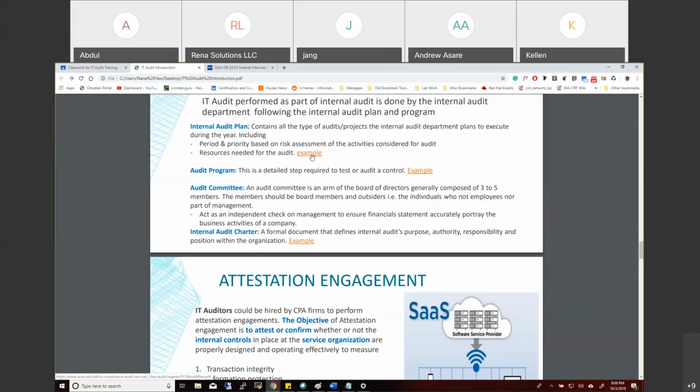So let's say right now we're in Q4, right? And normally you have a list of all the processes that the company has. So what we do is we go through the work that we've done. We look at the areas that experienced challenges within the past few years, and then we determine, based on the risk exposure of these areas, where within the plan we should place them. If it's a low criticality area, meaning the area doesn't really have a lot of issues or concerns,